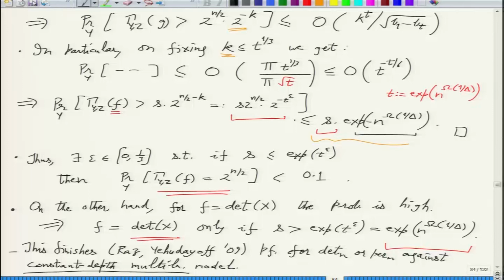So we have done it first for multilinear depth 3 and then we generalize that idea to other constant depths, higher constant depths. So do you want to generalize it further? So now we can try to generalize it to formulas, multilinear formulas. Okay, so there the thing is that we are not saying anything about the depth. Depth can be arbitrary, but then it will not be a circuit, it will be a formula, right? So it's a generalization in a slightly different direction.